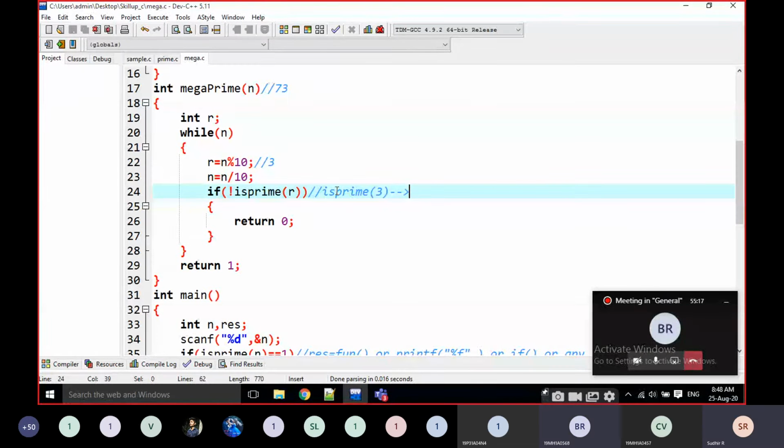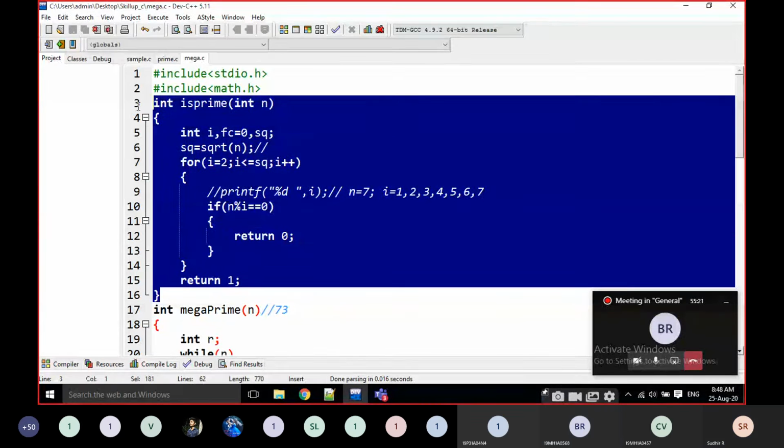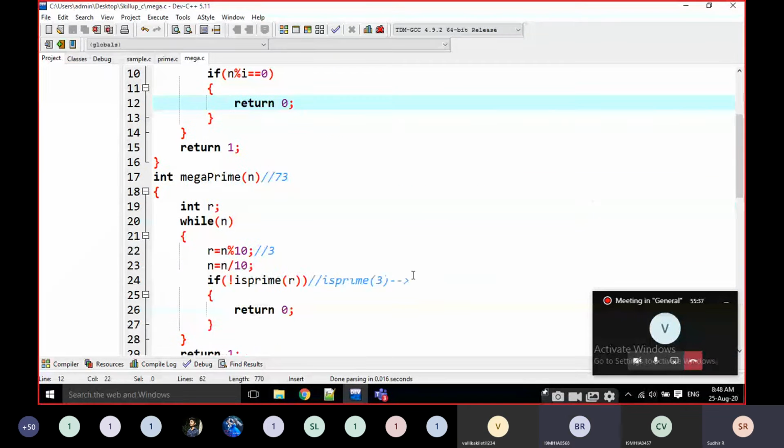Yes, sir. Then what is this function returning? If it is a prime, what value am I returning from this is prime function? 1. Yes, I am returning 1 here.